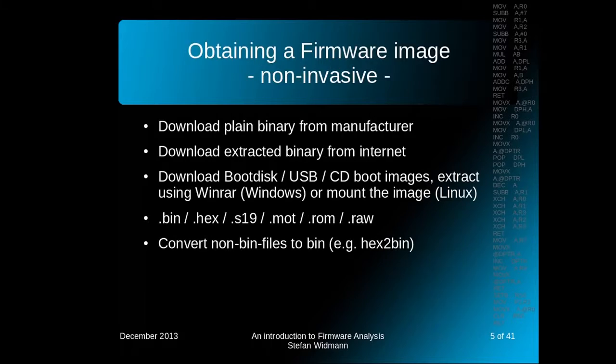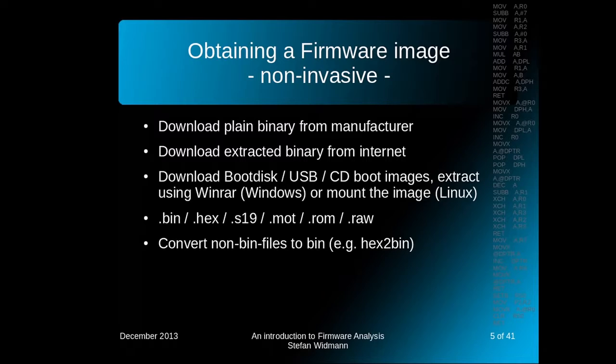So we will first try to download it as a plain binary from the manufacturer. Or maybe somebody else has already extracted a binary and placed it on the internet. You can try to download a boot disk, USB, CD-ROM boot image, whatever the manufacturer provides, and extract it